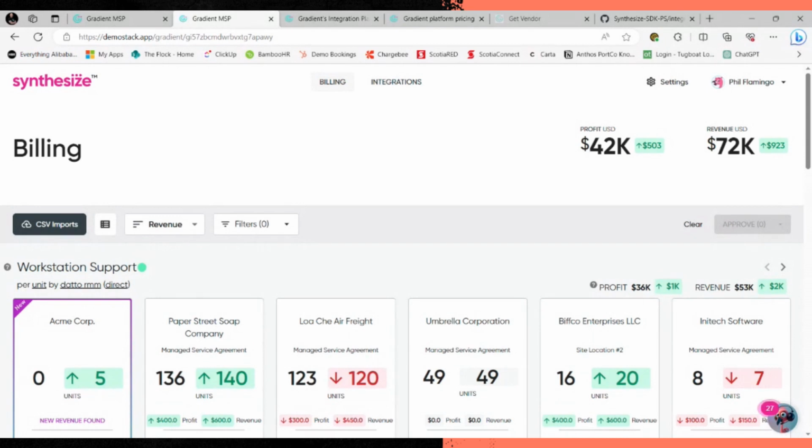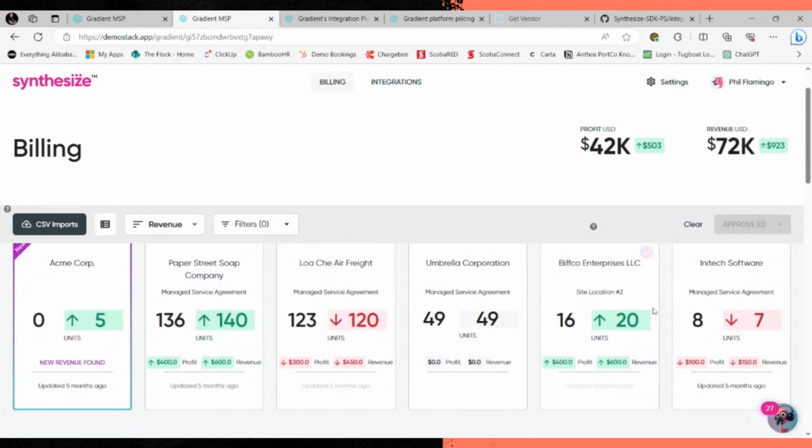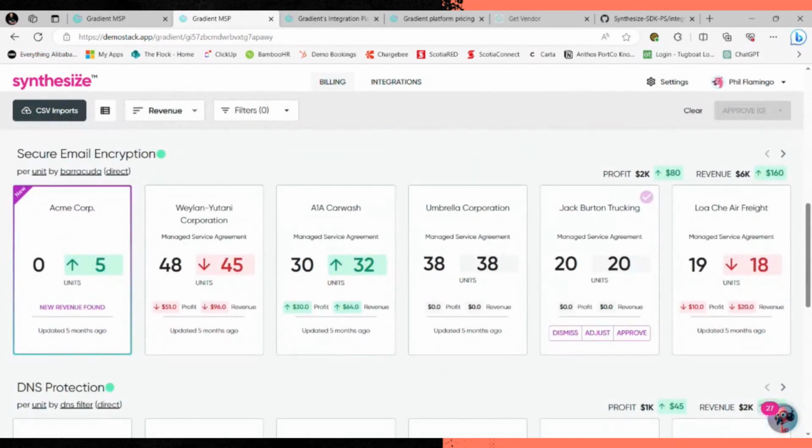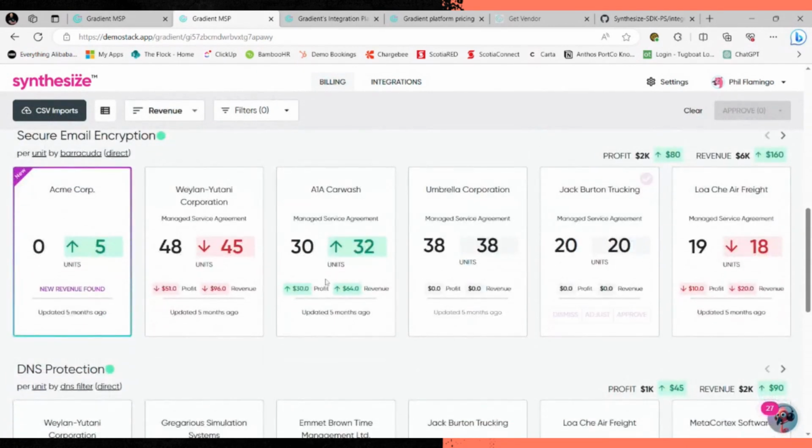Click next, you're done. So what happens now is you come in here and you see all of these line items, what's connected, what your profit is, what we've detected is your net change in revenue and profit month over month. And we start to show you all these cards. Now, my screen size is not the best for doing this card view. But in essence, what we show you is what the PSA number is on the left, what the vendor import has told us is the case of what's being used on the right.